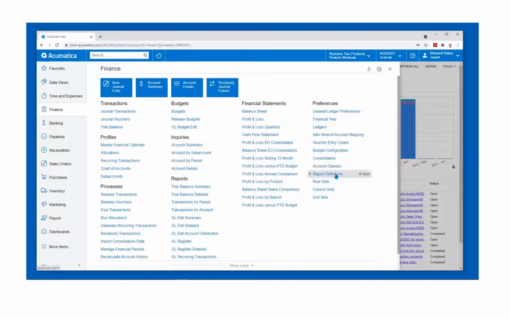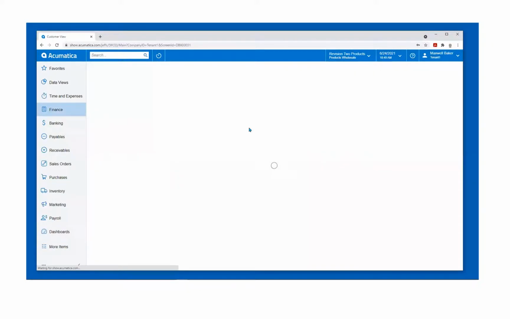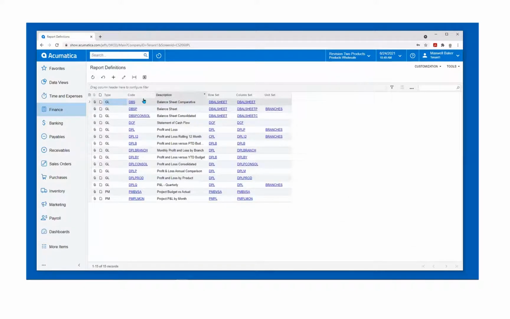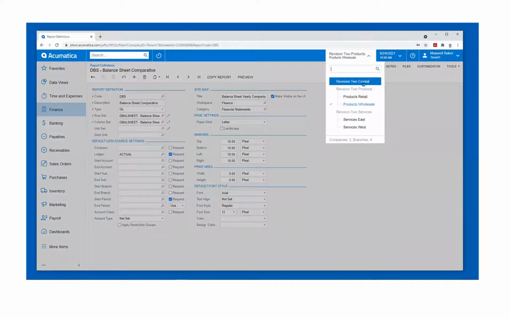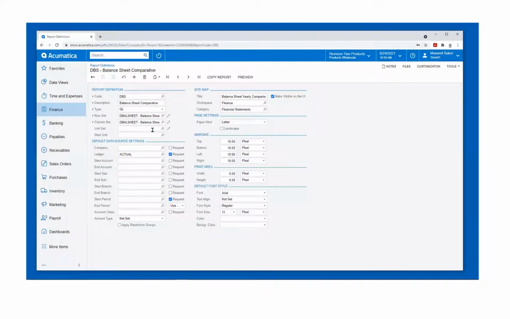So when I was running the balance sheet, I could have done this for the P&L or any others. Let me just drill in on that to show you the wizard behind the curtain for a second here. But notice when I'm pulling up that balance sheet, there's an opportunity to create a unit set, which is a way to tell us which companies, which branches, which entities we want to emphasize. And I could set that up for the balance sheet. I believe I already have it set up for the P&L. There it is, one for branches. And if we drill in on that,